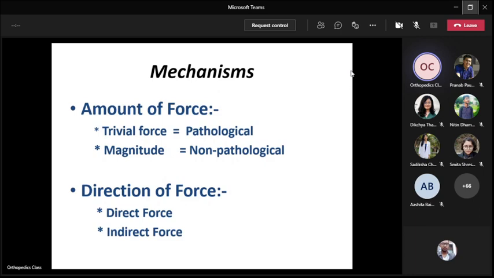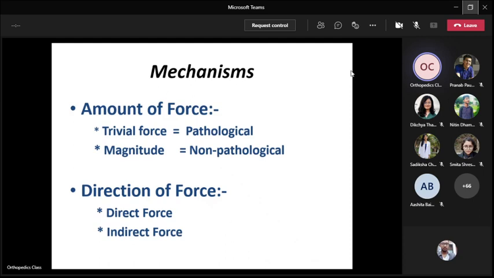That's why we always ask the patients how you fell down. What was the position of your hand or foot while landing on the ground? Were you hit by the vehicle from the back or side? So that will guide you. So what are the parts that may have got injured? What are the things to look after? So mechanism is always important.